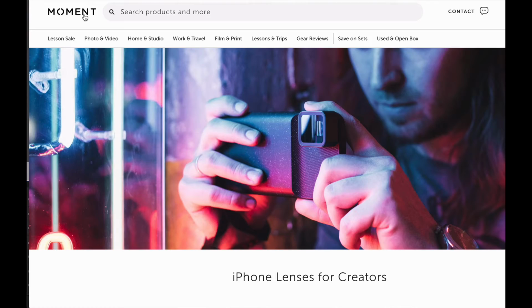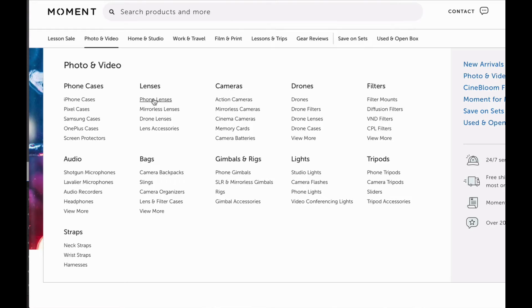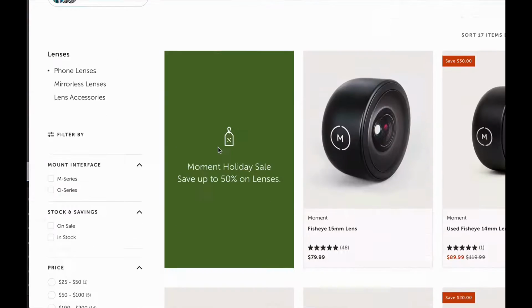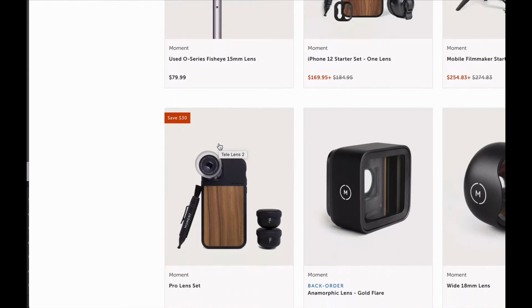Now, I did a video of all the gear that I was using at the time. I'll link that right up there. But to be honest, if you have a smartphone, you probably could check out some Moment lenses. I got one of mine secondhand. It's what I'm using right now on an iPhone 8 Plus, believe it or not, to shoot this video. And I'm shooting in 1080p, and it looks pretty good. I mean, my hair looks amazing.